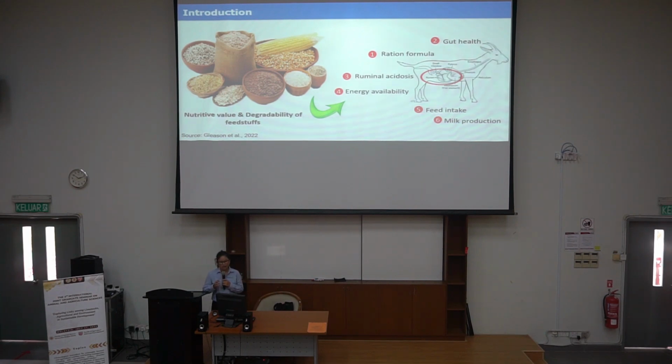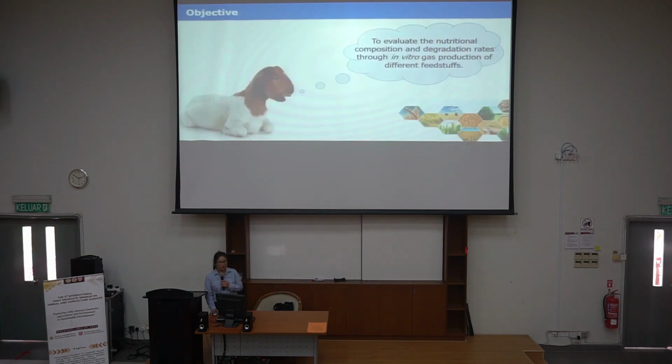If we can know the nutritive value and the degradability of the feedstuff, then we will get many benefits for the animal. And the objective of this research is to evaluate the nutritional composition and the degradation of the different feedstuffs through in vitro